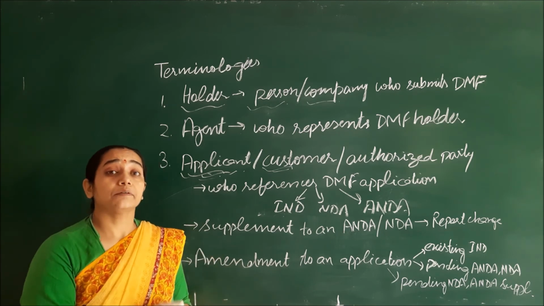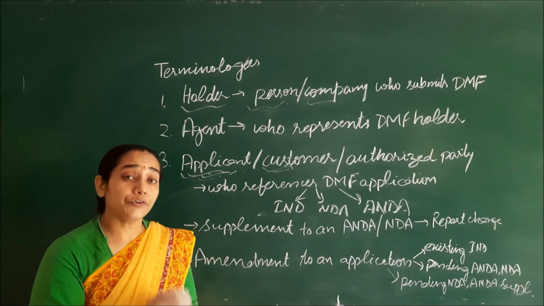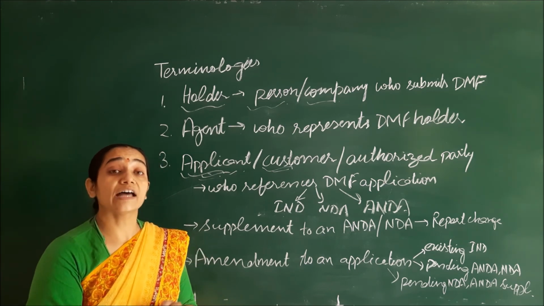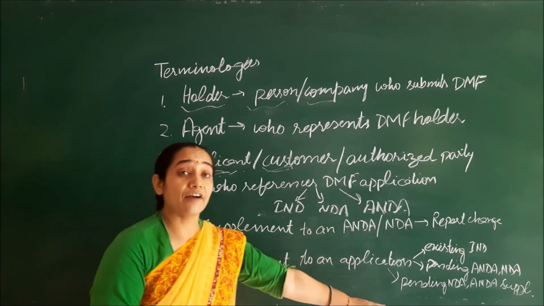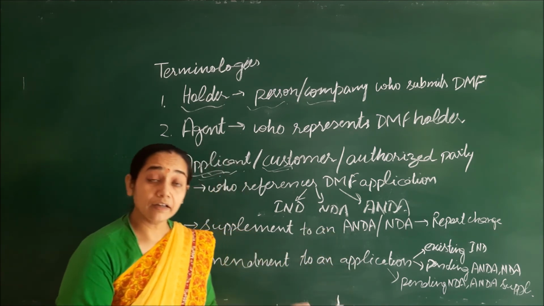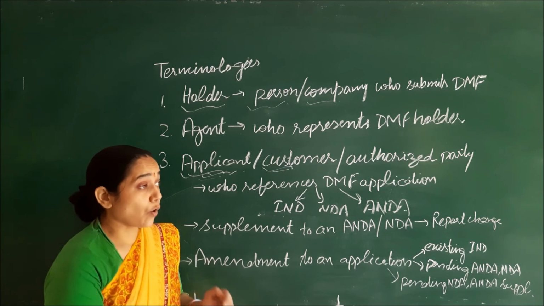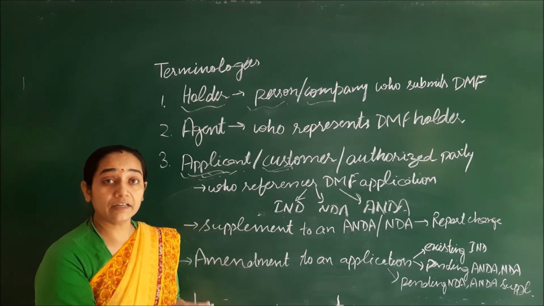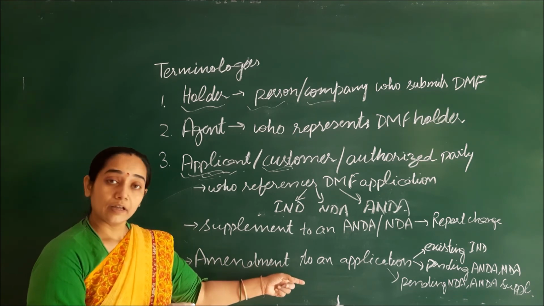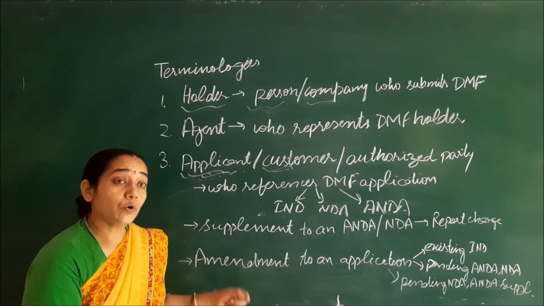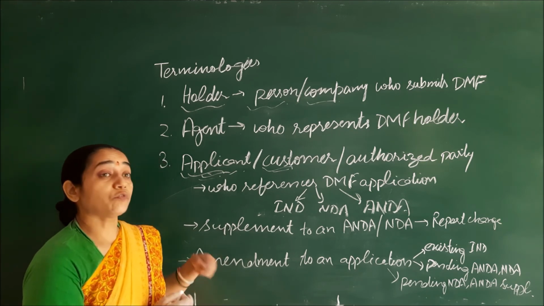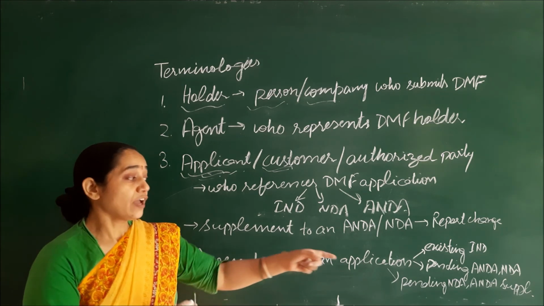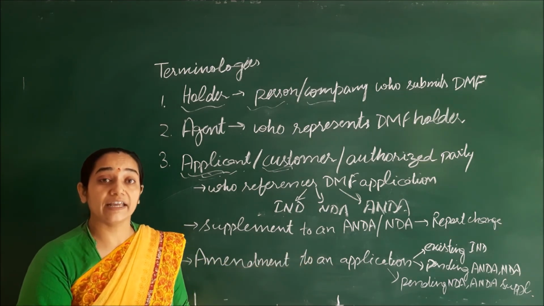And again, the review authority has raised certain other questions and asked for other things. Then we will again have the pending ANDA or NDA application, and in order to supplement it, we have already supplemented the pending information with an amended DMF. But if we submit to supplement again, then it will be termed as an amended DMF for the pending NDA or ANDA supplement.